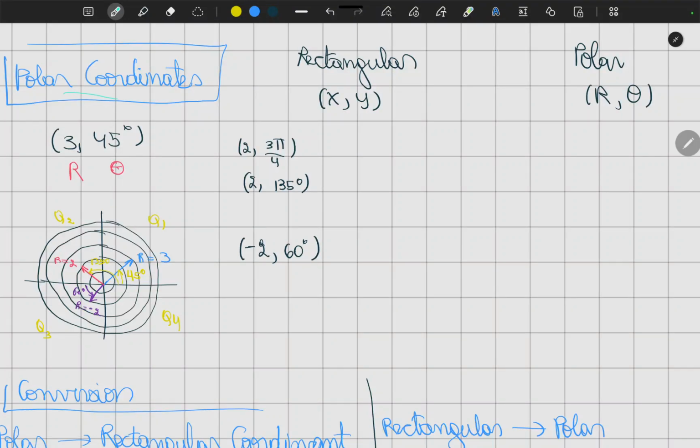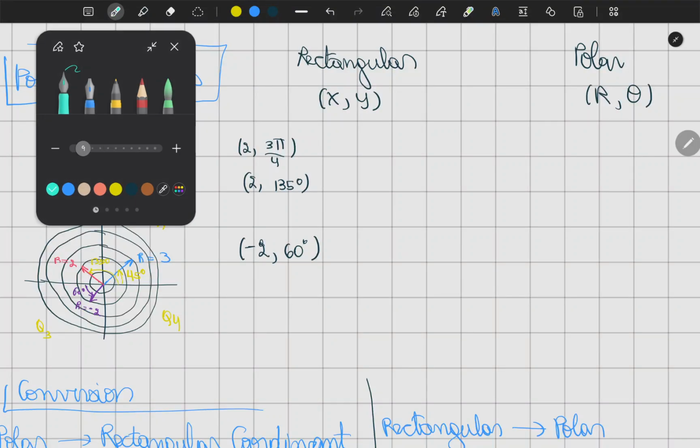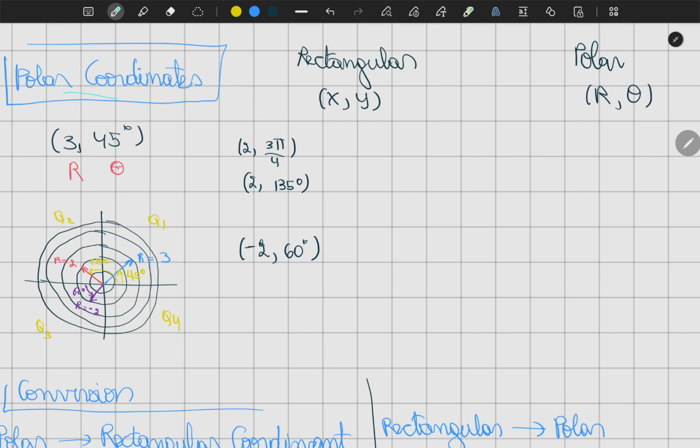What are polar coordinates? Polar coordinates, we see angles. Okay. Rectangular coordinates, we see x, y, z. So we see y, x, z. That's what we call rectangular shape,